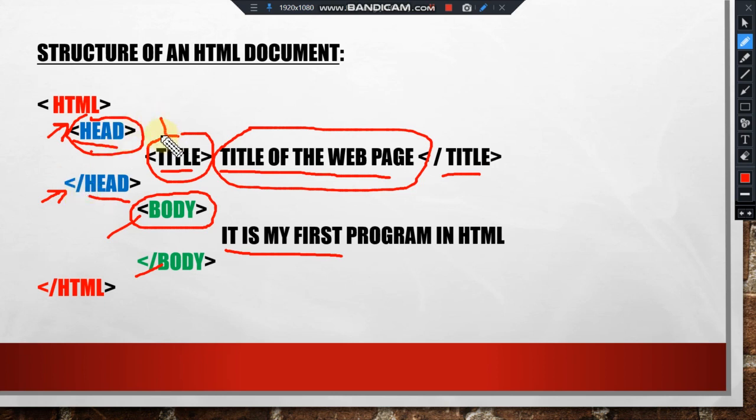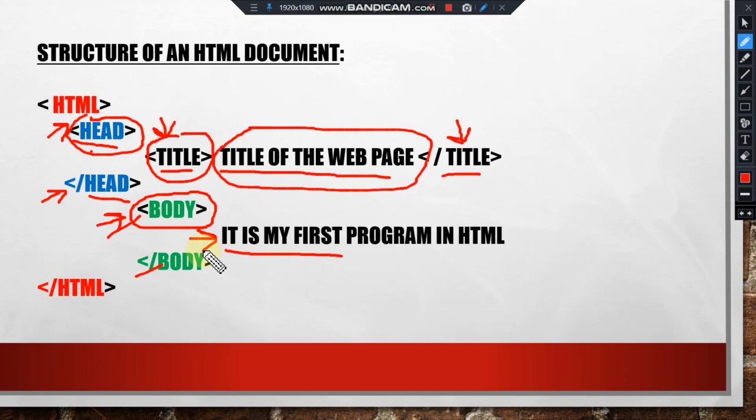Under the head tag we will write the title and we will close it with the /title tag. After specifying the header and title of your web page, the next is the body tag. Under this body tag we will write the content of your web page. Whatever we want to show in our web page, we will write it here. This line will appear only in our first web page.